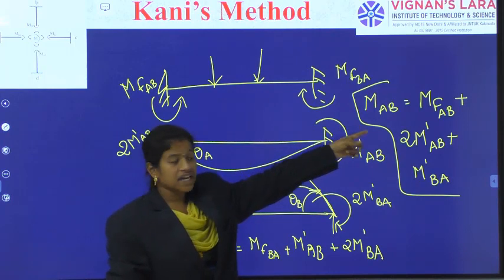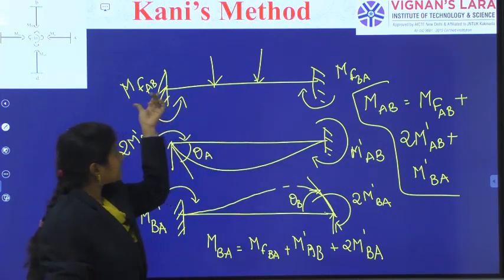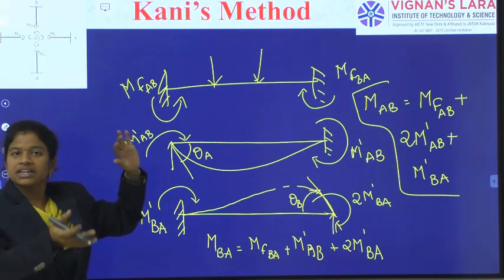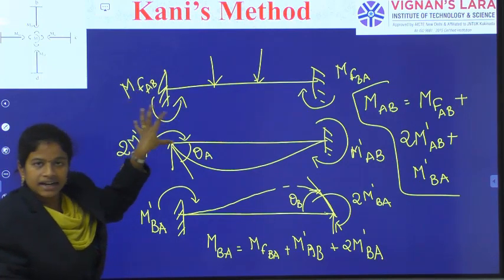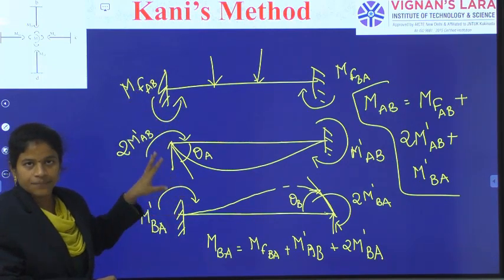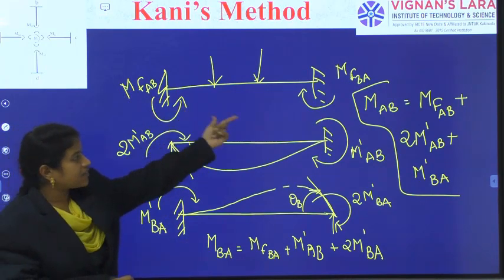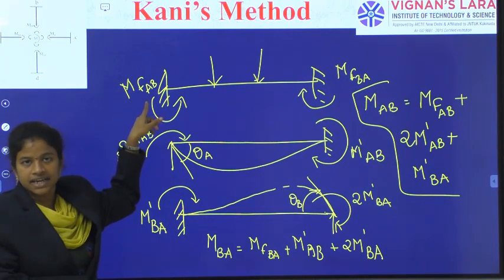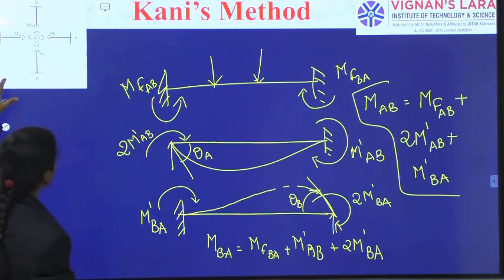Here I am not even considering the minus and positive signs. While I am calculating MFAB itself, I will give minus here, minus WL square or minus WL bit, like that. So I will add minus and the corresponding quantities as they are, even though it is having anti-clockwise rotation. In the fixed end moment calculation itself we will give the sign conventions. So this is the output for MFAB, MAB and MBA.